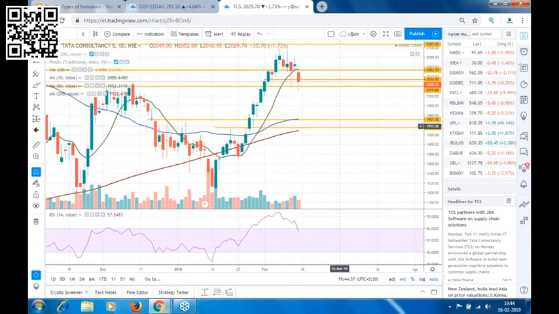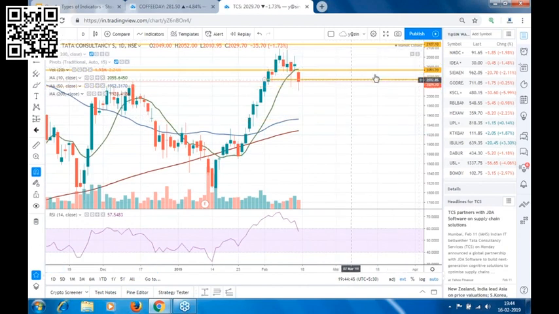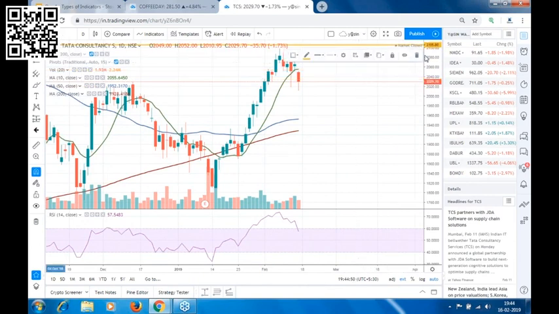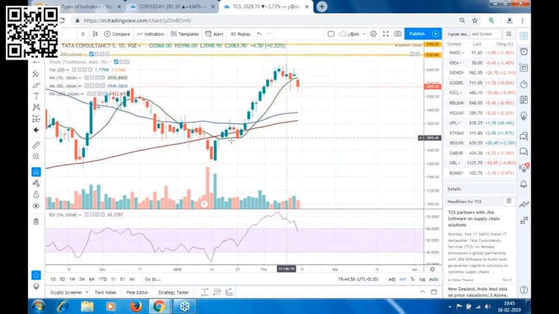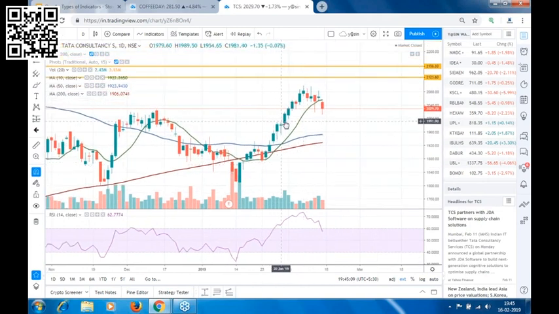Let me remove all these lines first. Now see, this again is your trade from support. The stock was taking a support on 200 moving average. Where is your 1st of Feb? See, actually we gave the call very late. We gave the call on the 1st of Feb when the stock crossed this resistance level. Our buy was about 2530.